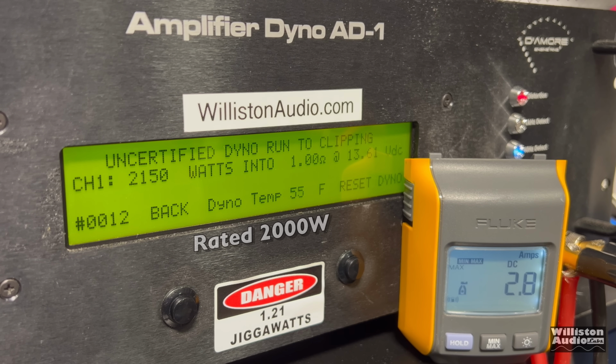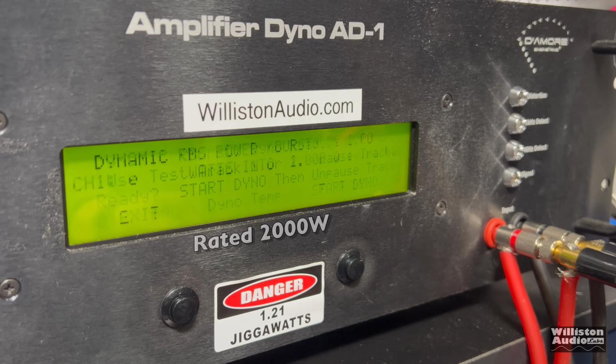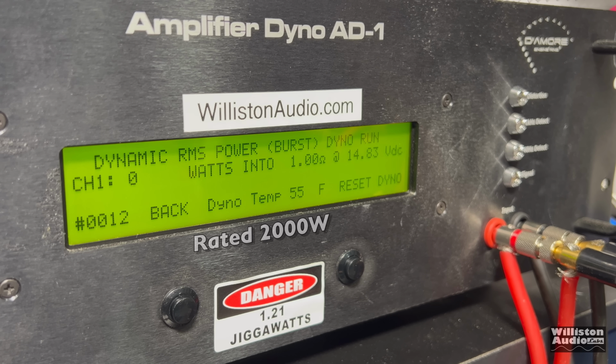That's nice. I actually was going to redo it, but I decided that, hey, a lot of people are in the mid 13s. So why not show the actual numbers? And there you see we got 2150 up to clipping. Dynamically, we get over 3000, 3166,